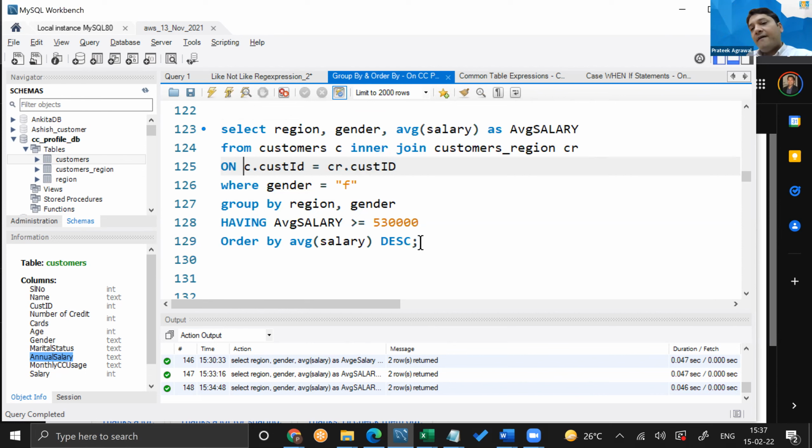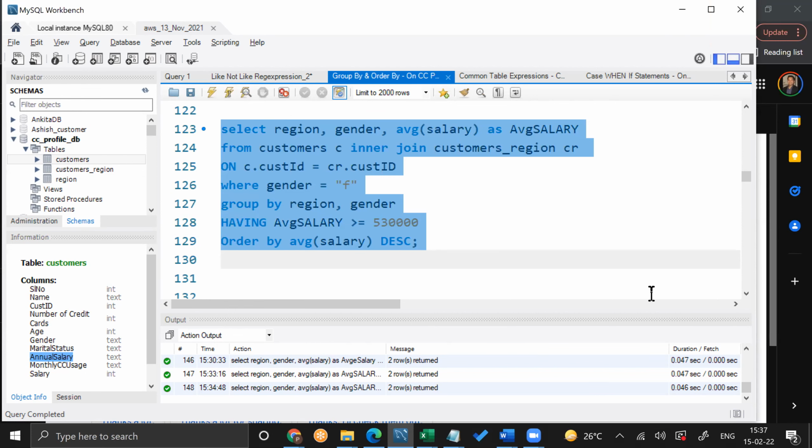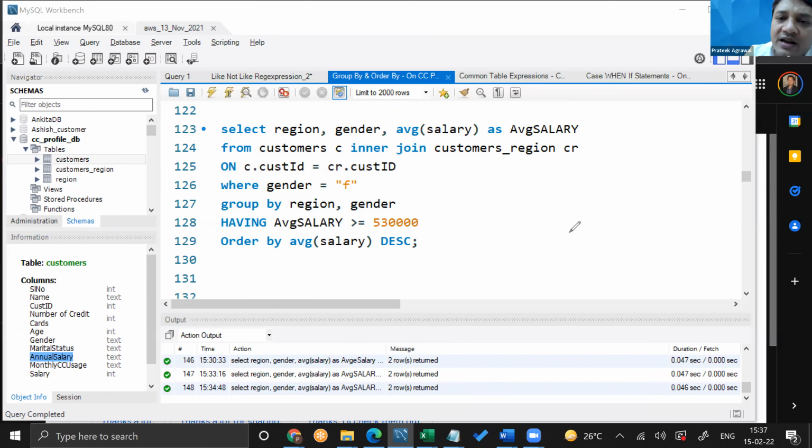Sometimes when I'm writing the query, I get confused where to use where and having. If you can explain that one. Sure. If you don't remember anything else, whenever you think of using one of the group functions like AVG, count, sum as part of a condition, that's when you think of using having. That's one.